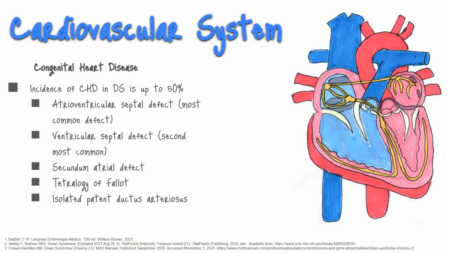Tetralogy of Fallot is a disorder that has four concomitant heart defects. We have ventricular septal defect here again, which causes a shunt, and overriding aorta, which is an aorta that's going to be right above the defect on the ventricle wall. So the mixed blood is going to go through that aorta. A pulmonary stenosis here. Stenosis means that it's a rigid entry to the pulmonary artery, and this has a right side